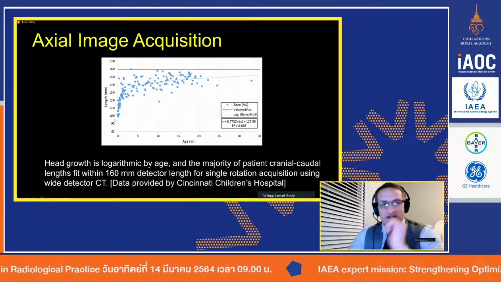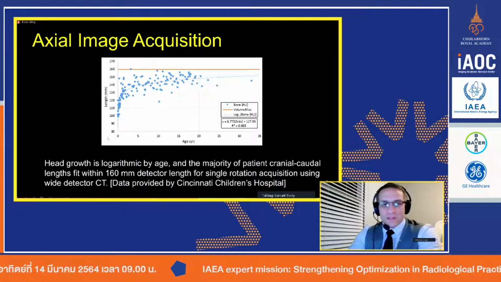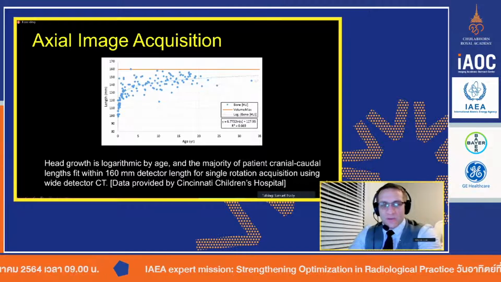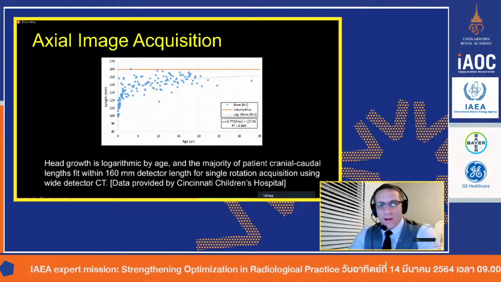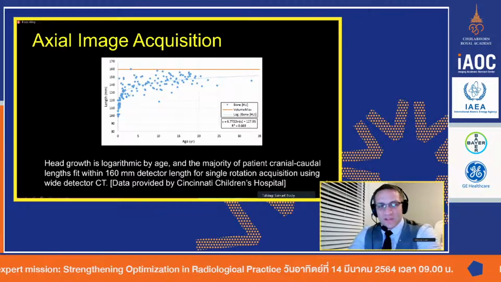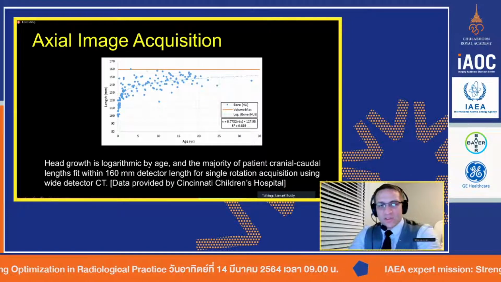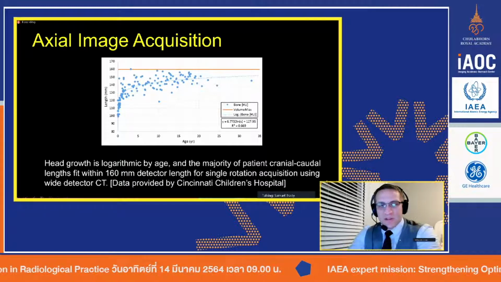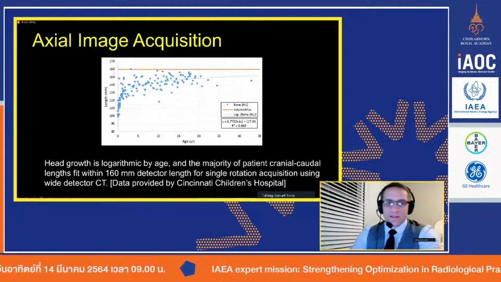You can see the length of the head, from the littlest of kids all the way up. And obviously we're a pediatric site, so I don't have a lot of patients over 30. But you can see the data follows a nice logarithmic trend. And almost all of the patients that I measured had head lengths or brain lengths that were less than